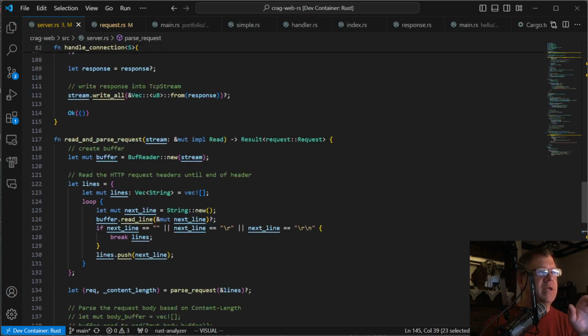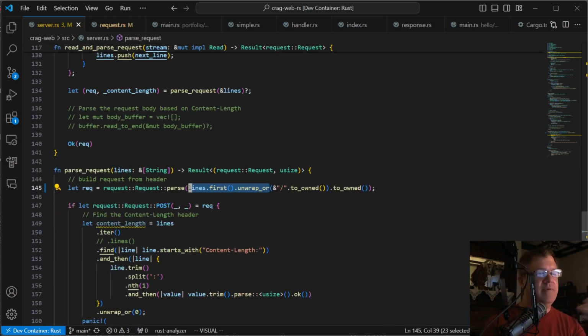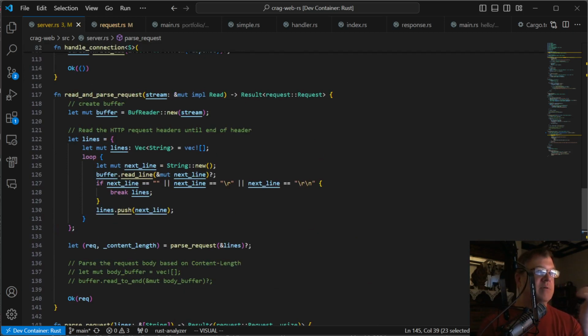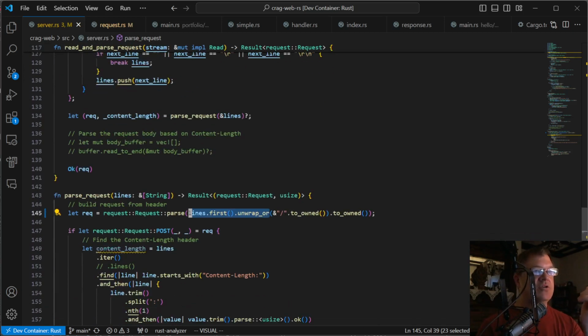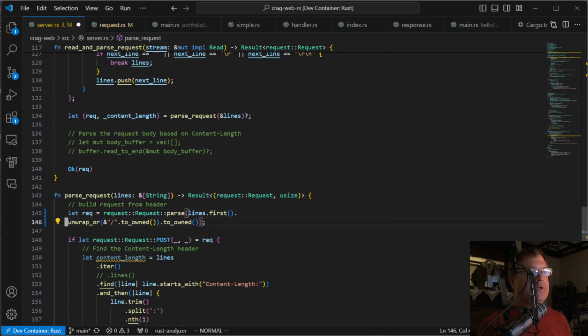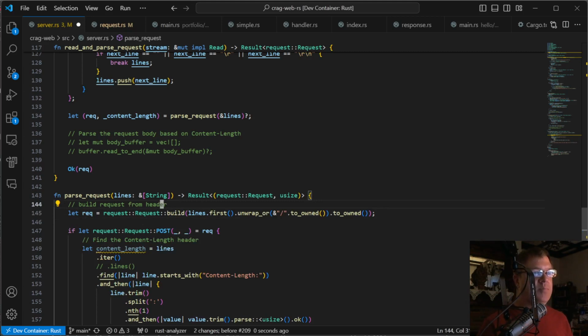If the caller did not provide a valid header, we need to error out, and maybe not even supply a response, but that should be a failure. Instead of unwrap or, I would expect to use